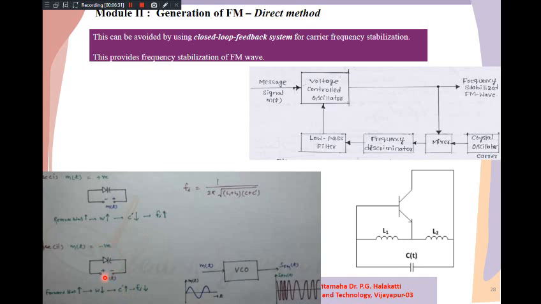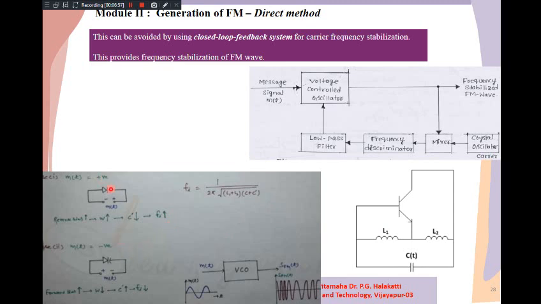it is going to forward bias your varactor diode. How this is linked, we are not going deep into that circuit here. A little bit wide circuit is there, but with respect to this block diagram and the Hartley oscillator and these typical small bits, we'll try to understand in a bit more detail the operation of direct method FM generation.